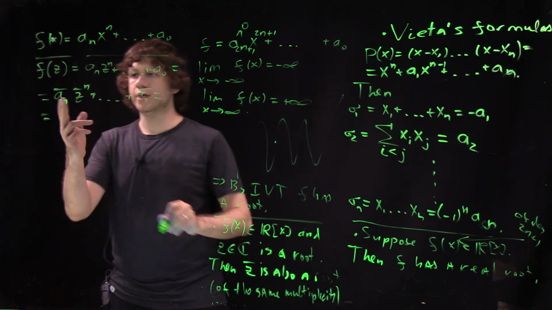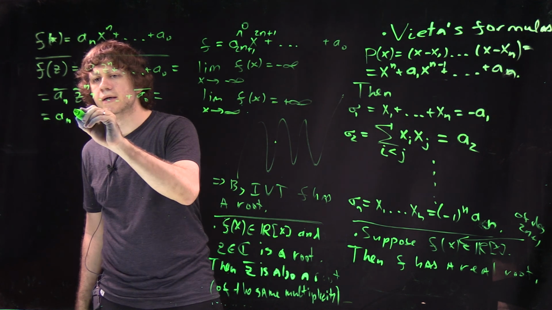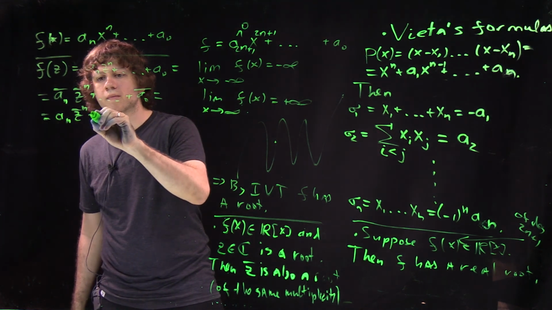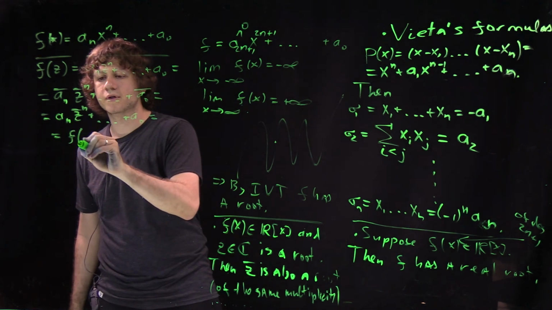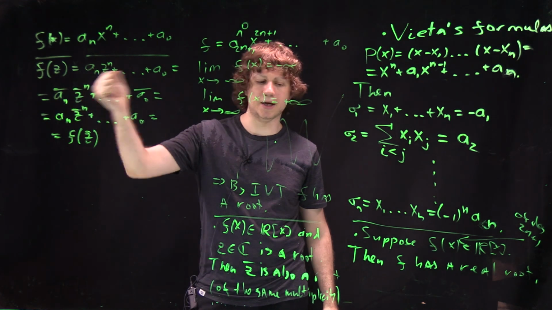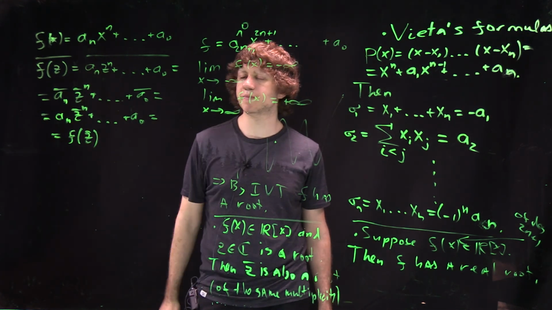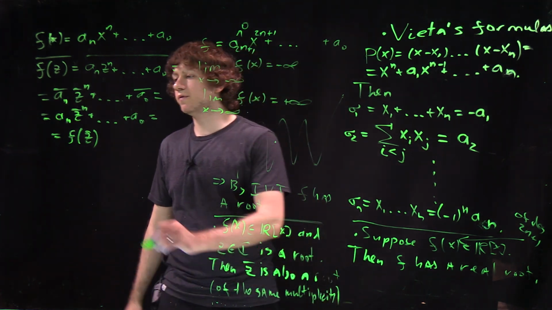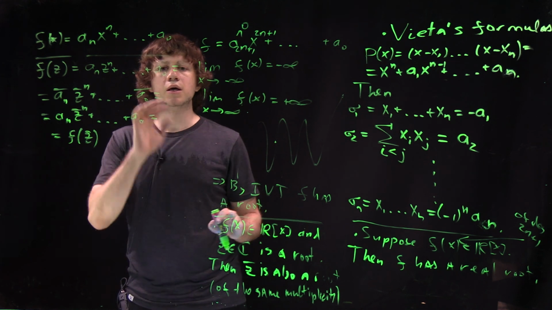But when you conjugate real numbers, you get your real numbers back. So this is just a_n z bar^n plus and so on plus a_0. So this is just f of z bar. And so if your polynomial had a root z, then z bar will be also a root. And if your polynomial is presented as a product, it's easy to see that both